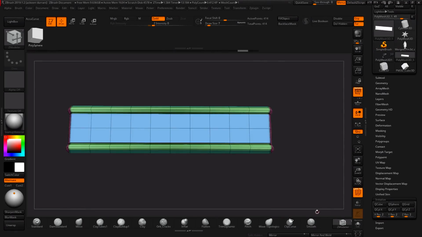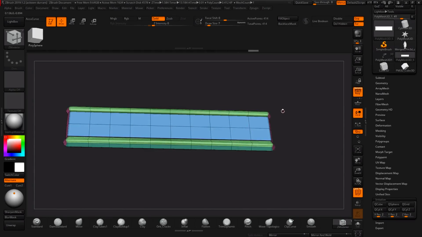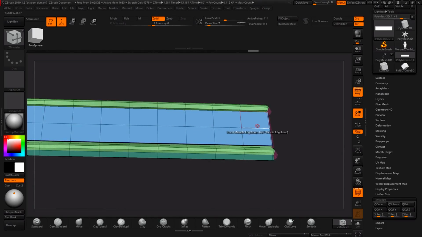One thing before we continue with that though, because we can break symmetry fairly easily doing that, right? Because we inserted an edge at the edge here, we inserted an edge at the end here and here, but they're at roughly different positions because I did it by hand. So I just want to mirror this along X and Z, just so we know everything's fully symmetrical, and I'm going to turn off Z so that doesn't confuse me later down the line. So now that we know we have symmetry there, at these edges I just want them to be nicely curved. So I'm going to insert multiple edge loops at the edge here,